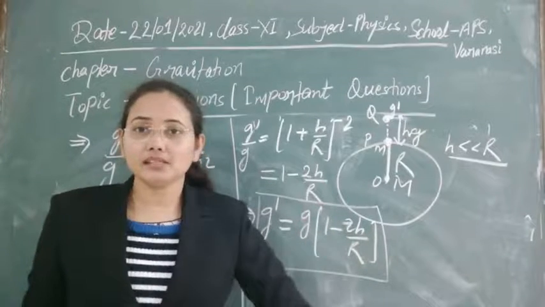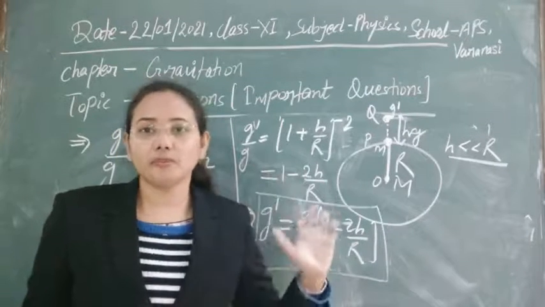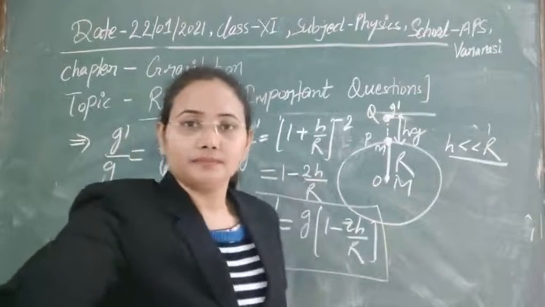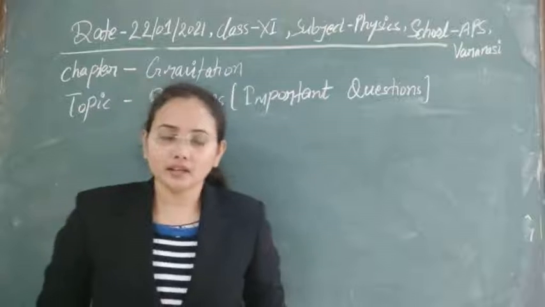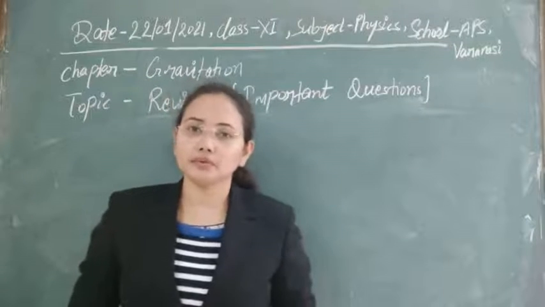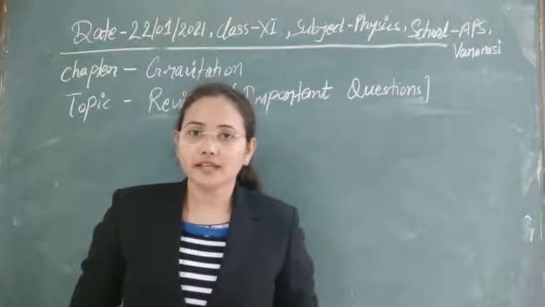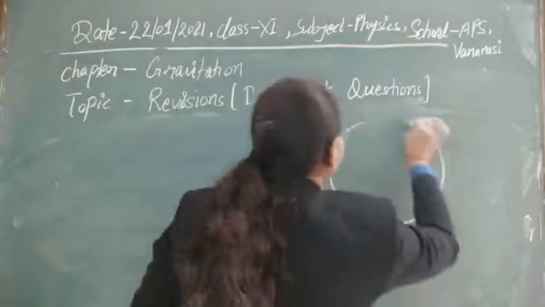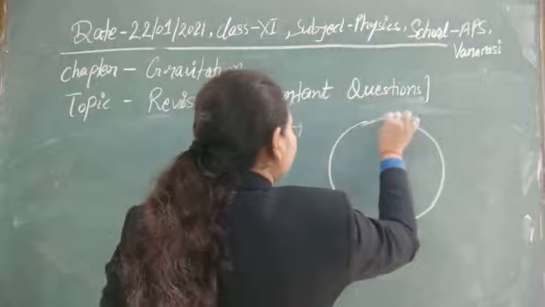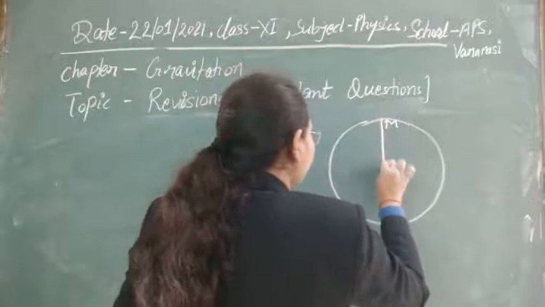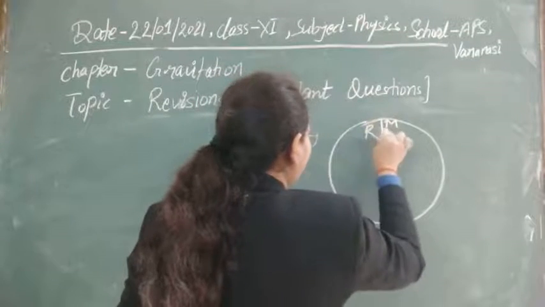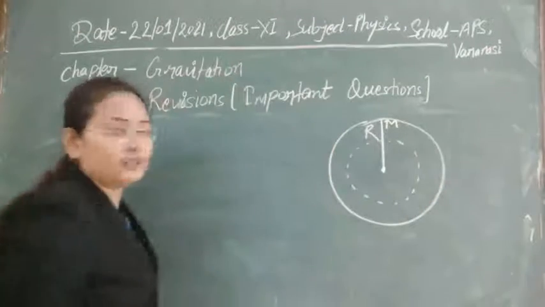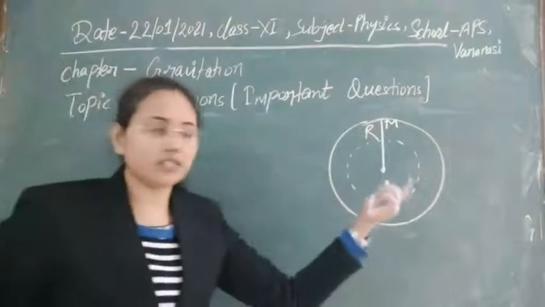especially this chapter, really a lot of questions come from it, and a lot of things are important here. So next is how the acceleration due to gravity changes with change in depth. Suppose this is our Earth system, its mass is capital M and its radius is capital R, and now we are going into depth. Then obviously its radius will change here.